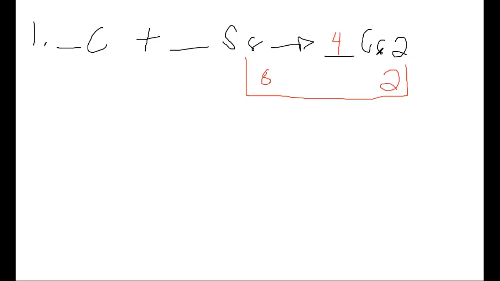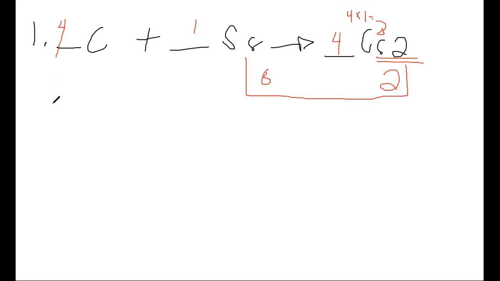Next, so the sulfur is already balanced. Now, the carbon, which has 1, will be 4 because 4 will be multiplied to 1, which will be the number of the carbon on the right side. So the carbon will have 4 in here so that the number of carbon on both sides will be equal. And then we can already see that this one, the sulfur, is already balanced. So we're going to put 1 in there.